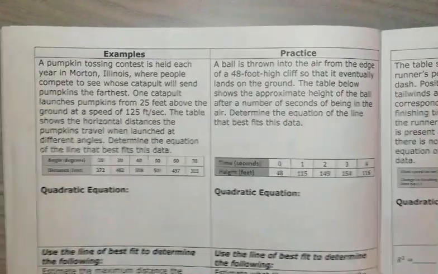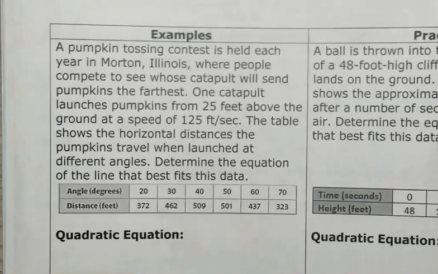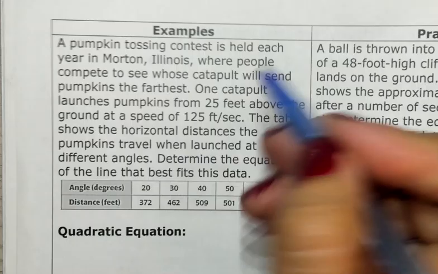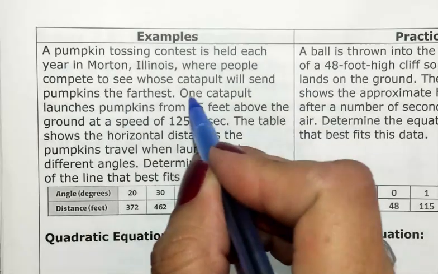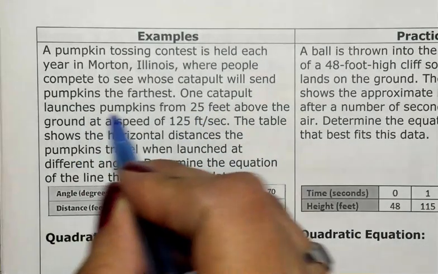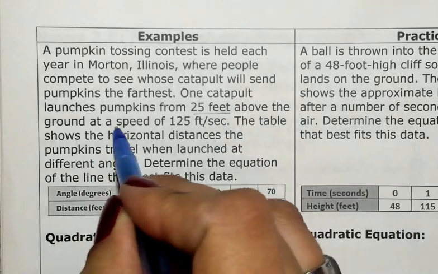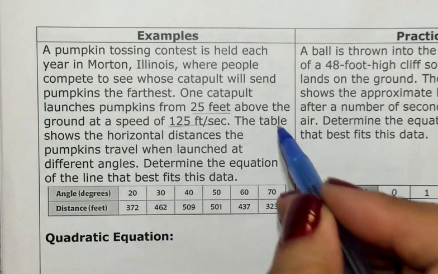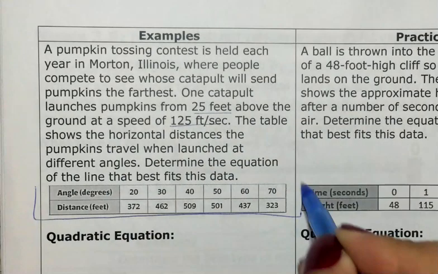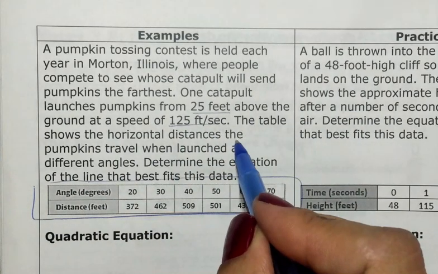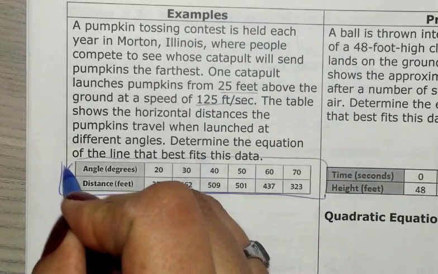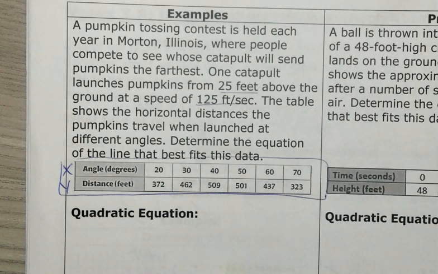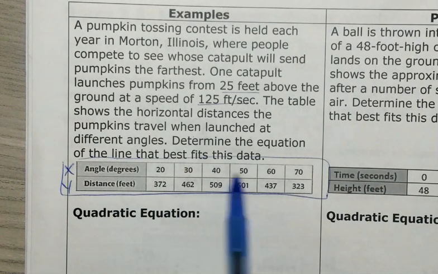So let's practice with two examples. Here's the first example. A pumpkin tossing contest is held each year in Morton, Illinois, where people compete to see whose catapult will send the pumpkins the farthest. One catapult launches pumpkins from 25 feet above the ground at a speed of 125 feet per second. The table shows the horizontal distance that the pumpkins travel when launched at different angles. Notice that they're set up already as X, Y, input on the top, output on the other. Based on the angle, you get the